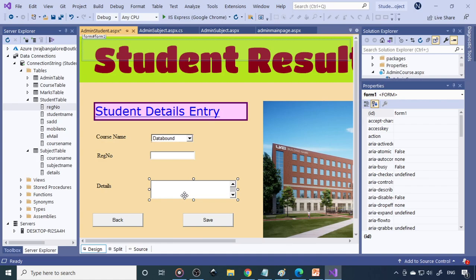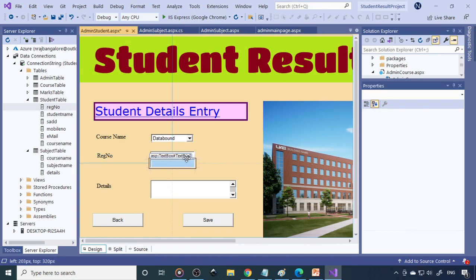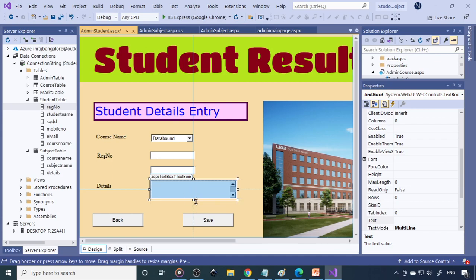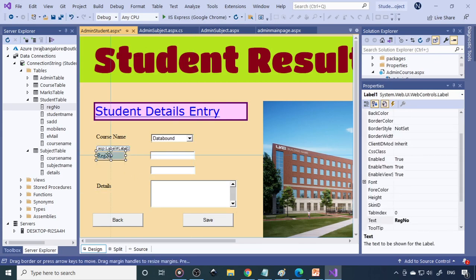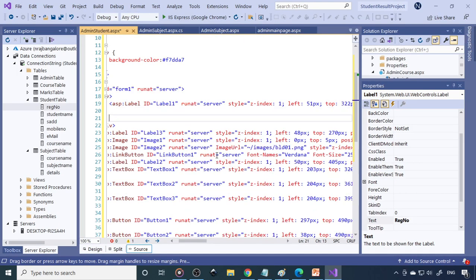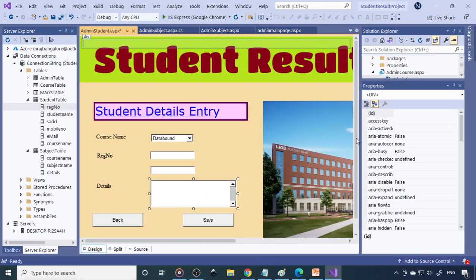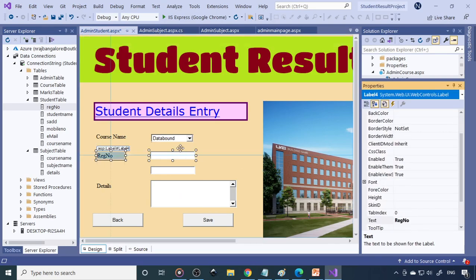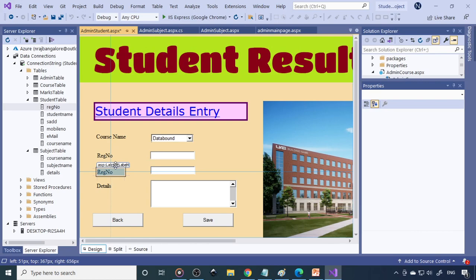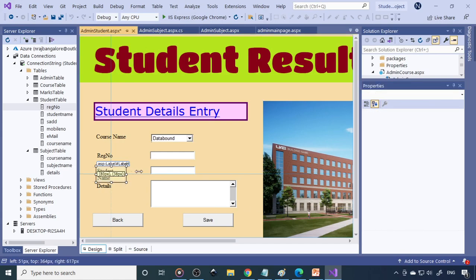Okay, now you see the design. First you need to move the text box 2, select this. Okay, text box 2 is here, so bring it down. Then this is the text box 3, fine, so make it bigger, and you require a label again. So go back to code, copy this, paste here, then check the name. So this is label 4. Now from the properties select label 4, bring it down. So this is student name. Done. So next one is address.